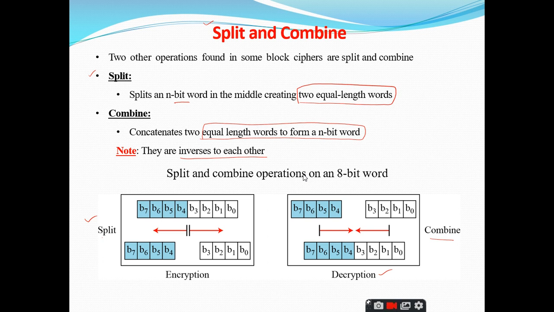So what is the other component we have discussed after exclusive OR? It is circular shift, right? So what are the two components that are used for encryption and decryption with respect to the circular shift? Left circular shift and right circular shift, sir. Right. We should call it circular left shift and circular right shift. So the inverse of the circular left shift is the circular right shift. Therefore the circular left shift is invertible with the circular right shift.